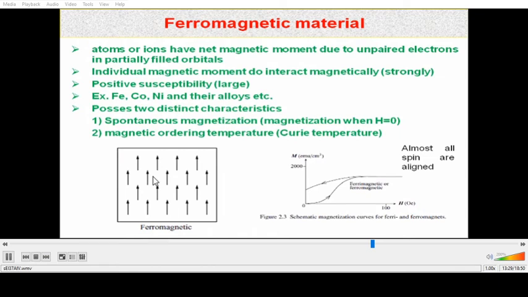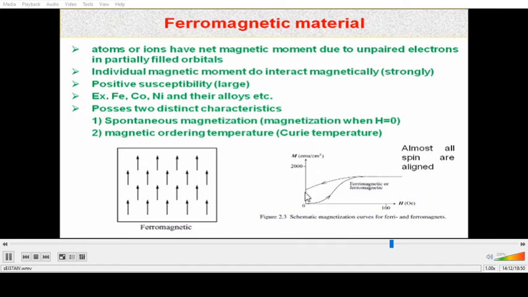So now this figure schematically represents that in a ferromagnetic substance, spins of individuals strongly interact with neighbor spins and hence are aligned in one direction. Now this figure is also a schematic graph of magnetization versus applied magnetic field H for a ferromagnetic material. So one can see that there is a net magnetization when applied magnetic field H is equal to 0. So that is known as a spontaneous